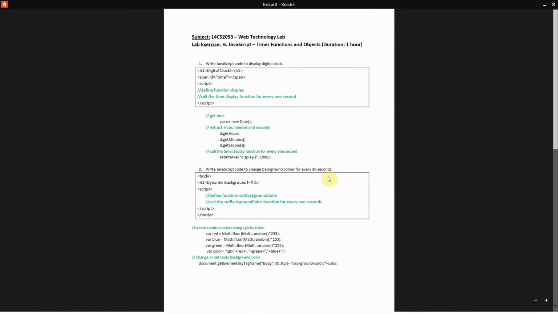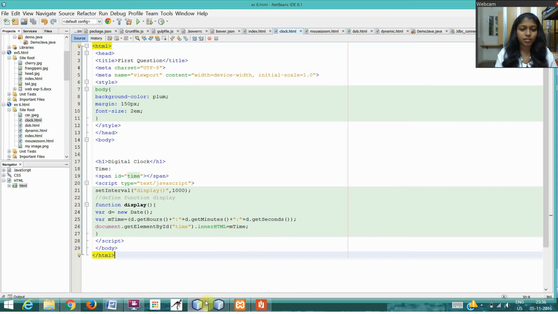My first question is to write JavaScript code to display a digital clock. To display a digital clock, the first thing I'm going to do is set my web page background and everything, like the body, the background color, the margin, and the font size. Inside the heading tag, I've given "Digital Clock", so that will be displayed on the web page. And JavaScript is always written inside a script tag. So this is a script tag, and inside that I've